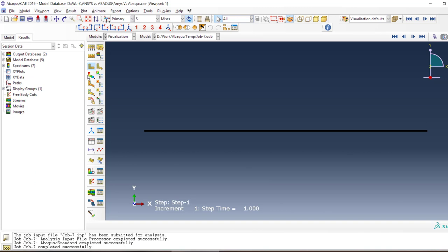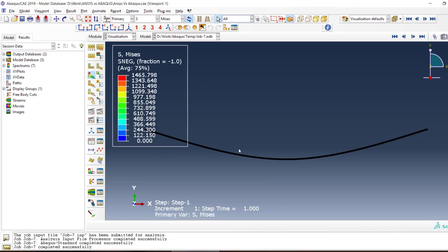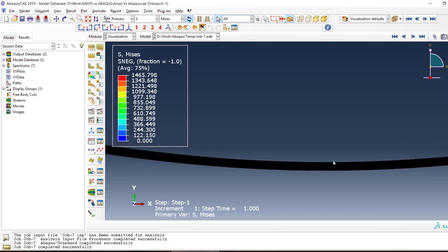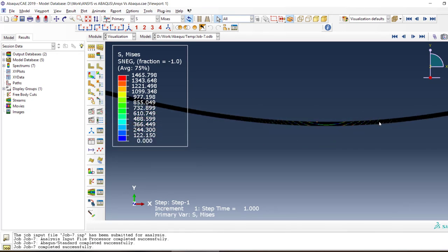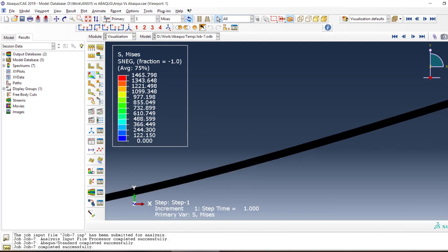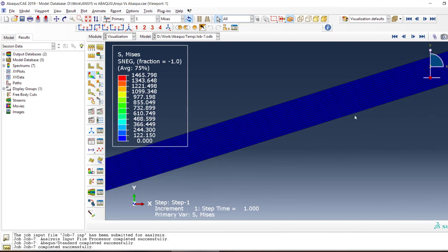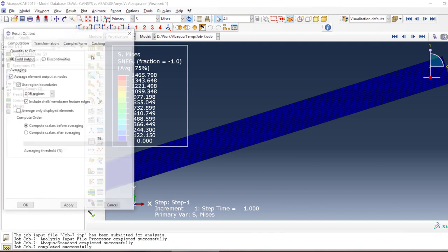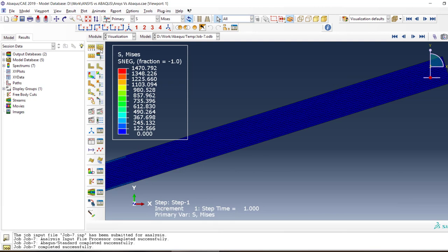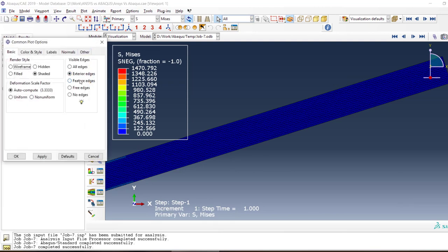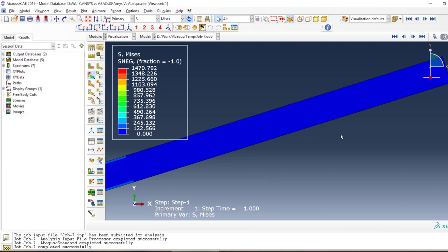Let's check the results now, and the stress now is 1465, which is highest over here, and let's check if it is still high on the boundary, and that is no. So now we have good results, and maybe we can check it with on average results, and check the results on the edges, and that way we can hide